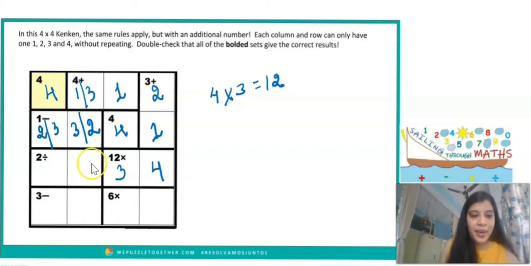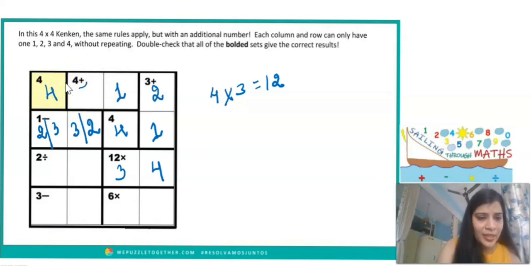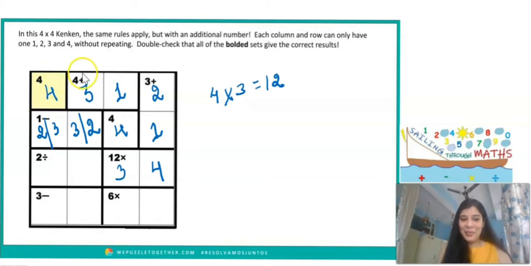If 1 has come here, the number which is going to come here is going to be equal to 3. Now see, if 3 has come in the second column, can I say that in this block, number 3 cannot repeat itself? Why? Because 3 has already come here in the second column. So the number which is going to come here is going to be equal to nothing but 2. So if 2 is going to come here, then the number which is going to come here is going to be equal to 3. So let me write that.